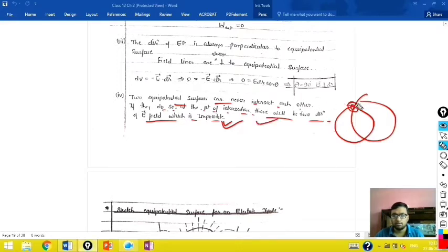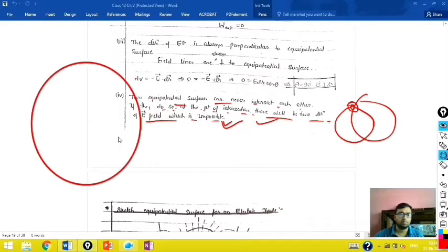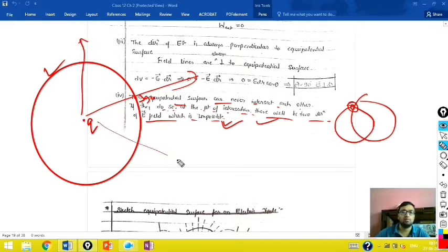So either you can give that reason if you found that simple one, or you can take this one also. I can explain this to you. For example, suppose you have some point charge kept over here, and for this point charge the equipotential surface is a sphere, and we are saying that our electric field line is always perpendicular to what? Always perpendicular to the equipotential surface. This is the concept. You should remember that the electric field line is always perpendicular to the equipotential surface.